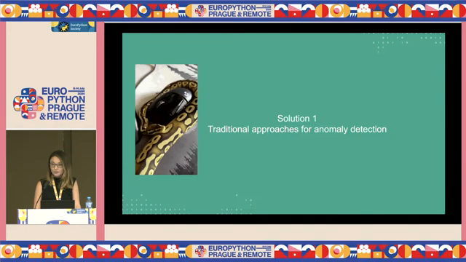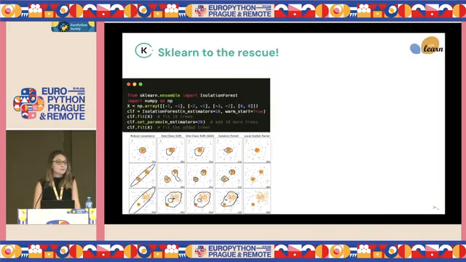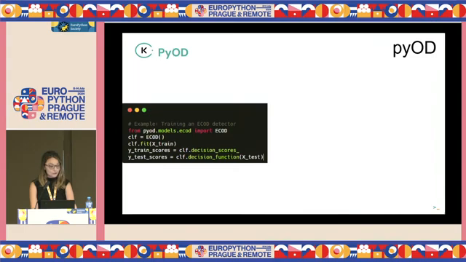In the first category, we can always start with good old sklearn. It comes with most algorithms that I already mentioned in the first section implemented, including isolation forest, the clustering methods. However,